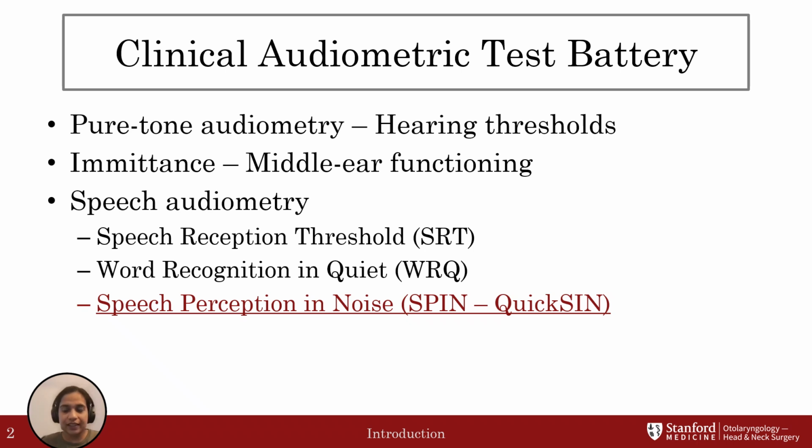To begin with, the clinical audiometric test battery consists of pure tone audiometry measuring hearing thresholds, emittance looking at middle ear functioning, and speech audiometry testing for an individual's speech reception threshold and word recognition in quiet. In recent years, we have emphasized the need for a speech and noise test to be included in this test